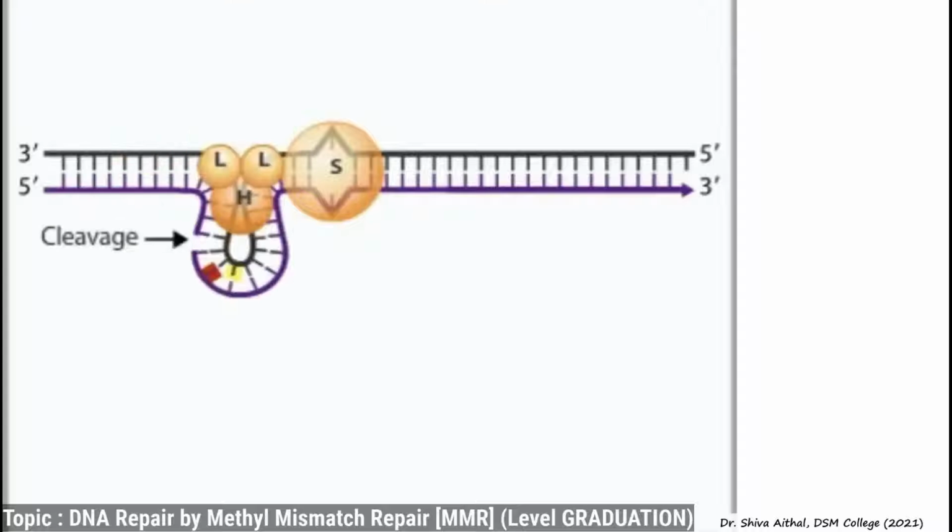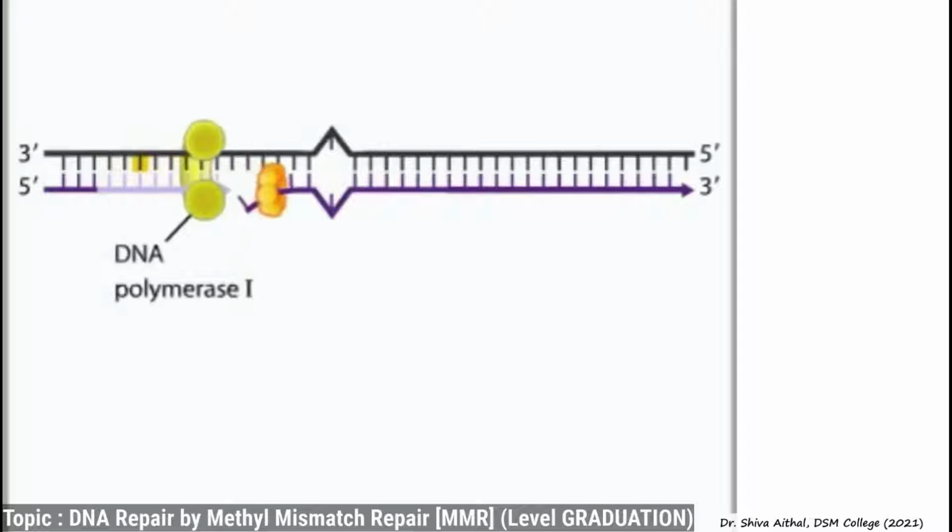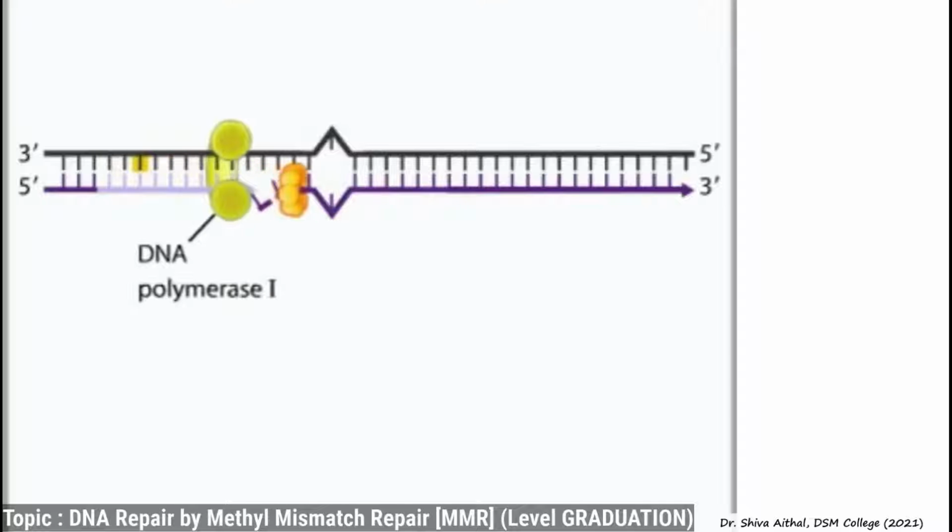Okay, now it brings out a loop. MutH then cleaves, there is a small cleavage. Now the helicase comes, which is a product of the UvrD protein. As it goes on unwinding the DNA, behind it exonucleolytic activity is there, it cleaves, and behind it DNA polymerase